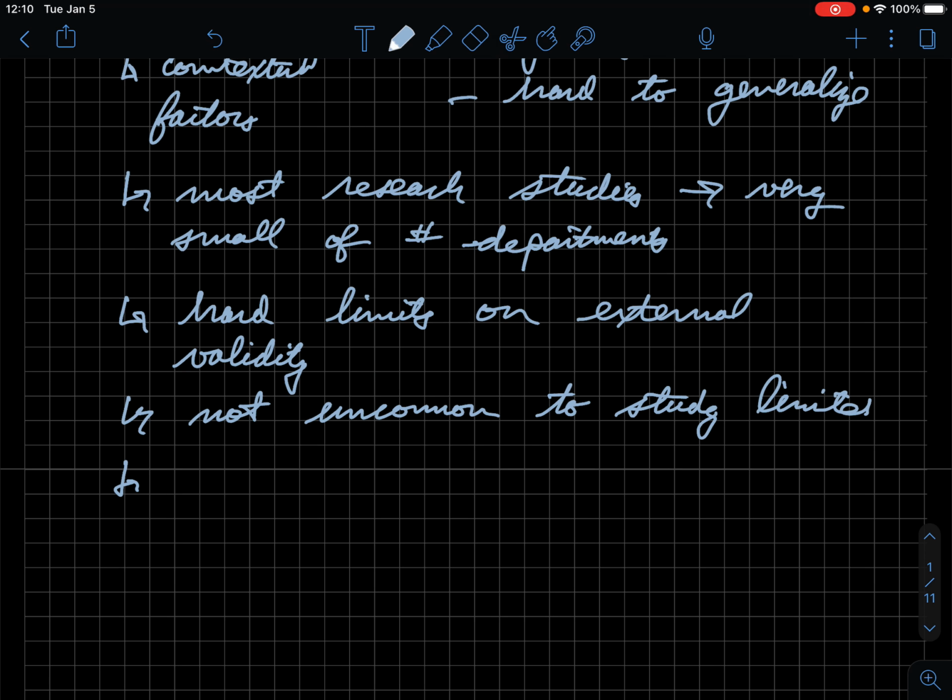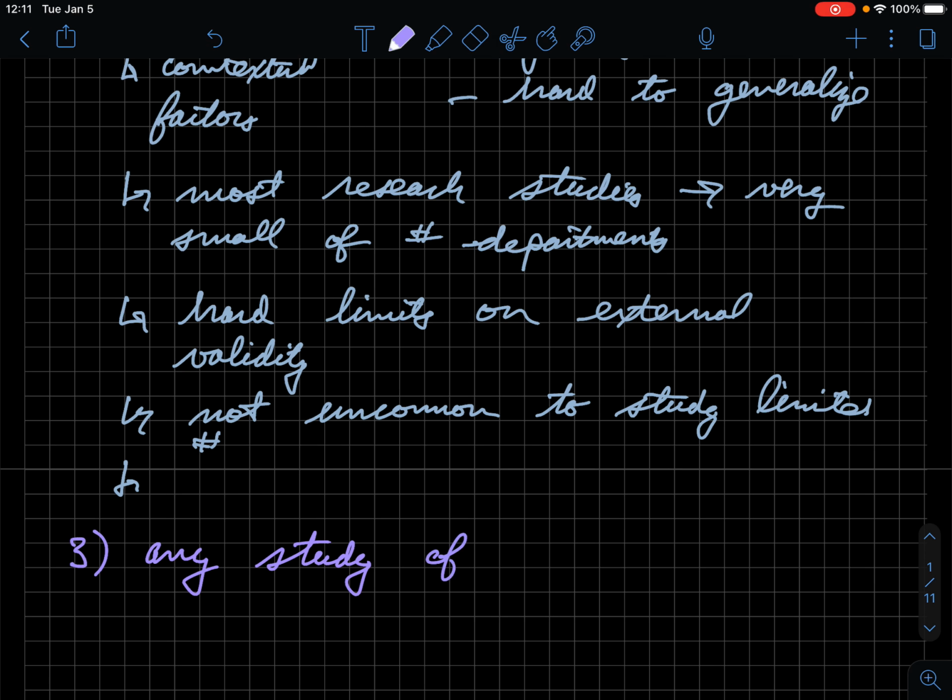So the main point out of this is the limited number of agencies. It's not that researchers don't want to work with more agencies, they do, but it's very uncommon to do that, because we have very limited external validity, and we understand the context is different. So whenever we want to sample or study a police problem,